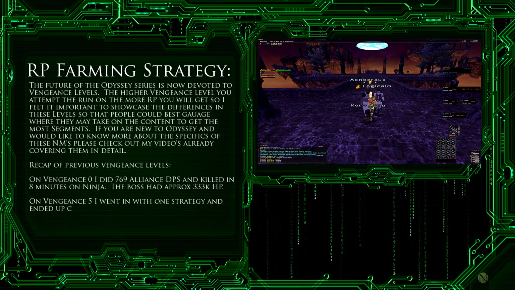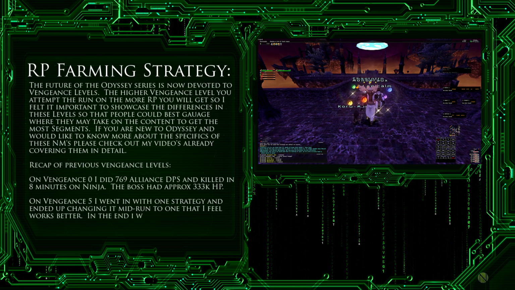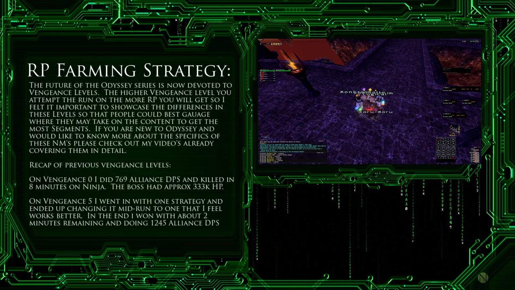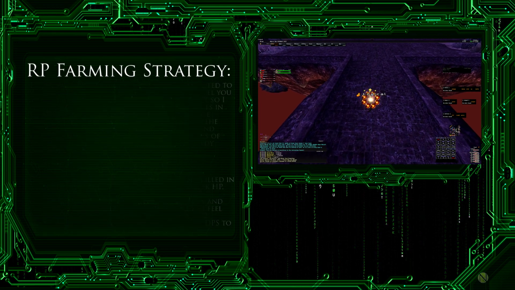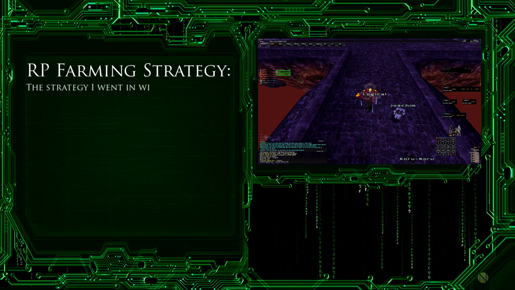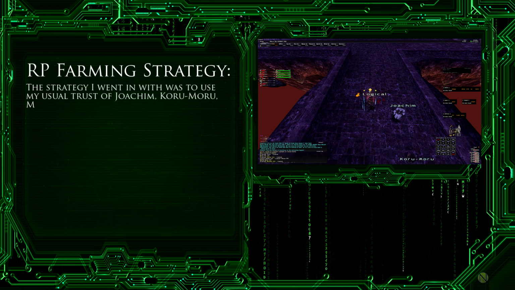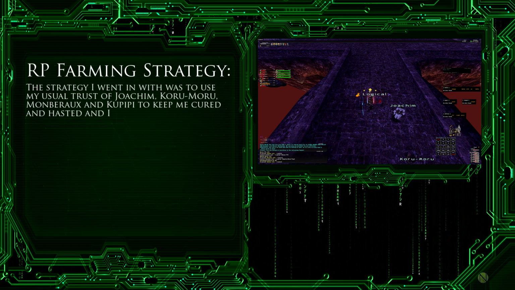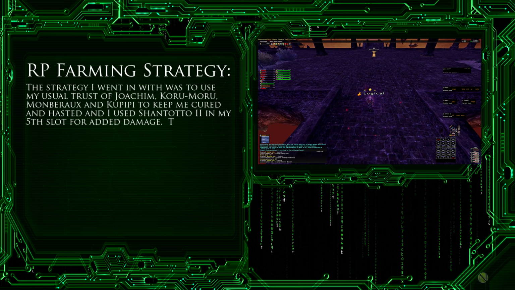Now on Vengeance 5, we went in with one strategy and then ended up changing it mid-run to one that I feel works much better. In the end, I won with about 2 minutes remaining and doing 1,245 Alliance DPS to Raskovniche. The strategy that I went into this run with was to use my usual trust of Joachim, Koromoro, Monboro, and Kupipi to keep me cured and hasted, and then I used Shantoto 2 in my 5th slot for added